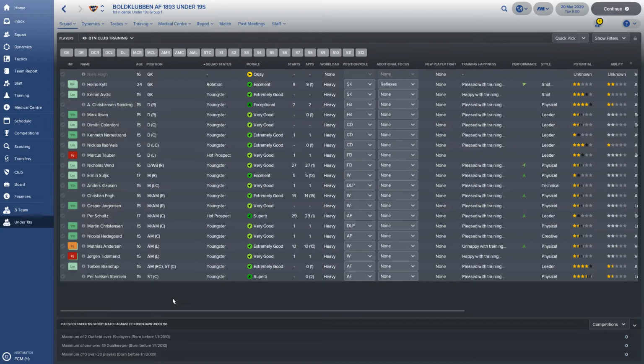So what your junior coaching and your youth facilities are doing is pretty much all the invisible youth squads you have, under 11s, under 13, under 15, under 17. They are in the game, but you just can't see them, and that's what they are affecting. They are affecting your extremely young players coming through the academy.